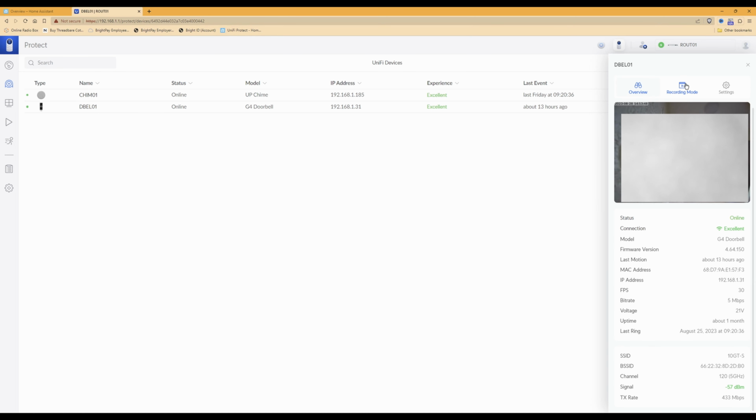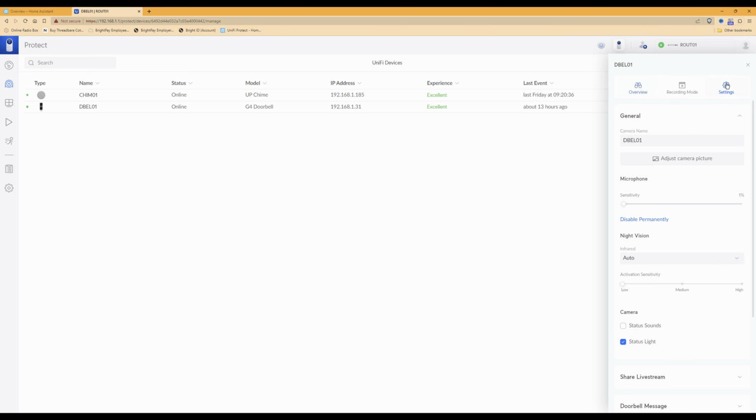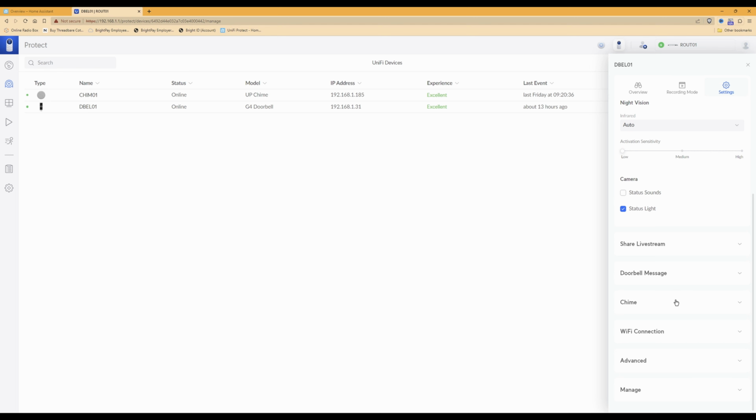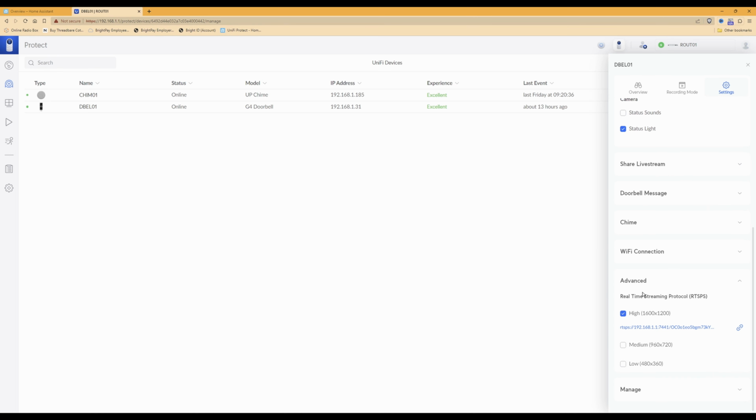Then from the device pop-up menu that appears on the right hand side of your screen, you need to select Settings, and then once you're in Settings you need to scroll down to Advanced. Under the Advanced menu that pops up you'll see that there are items for real-time streaming protocol, in other words RTSPS. Now what you need to do